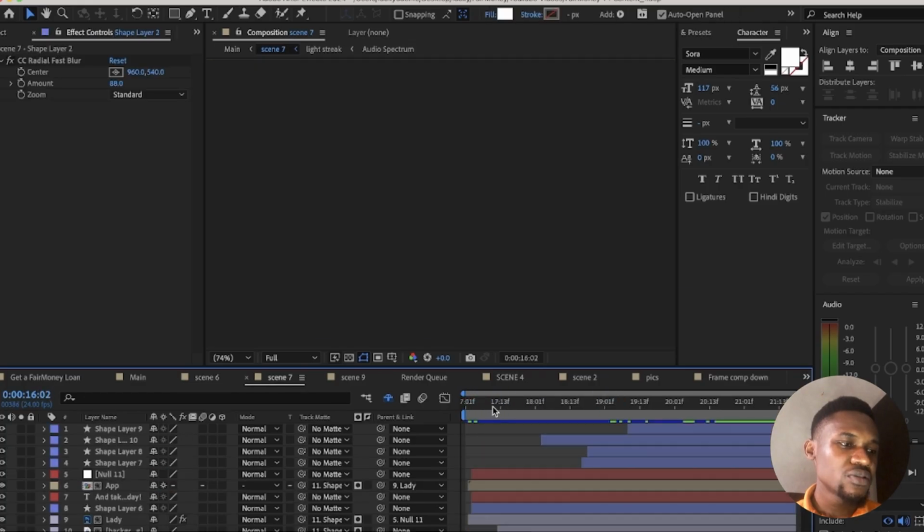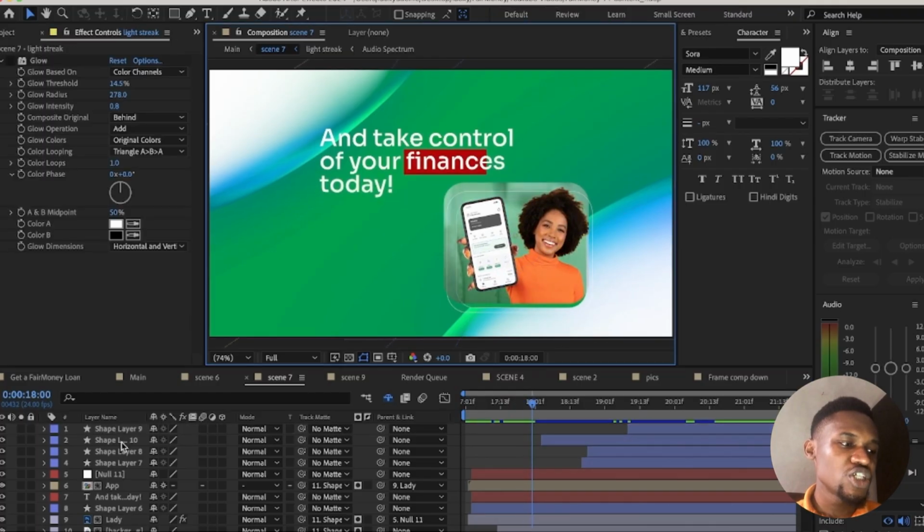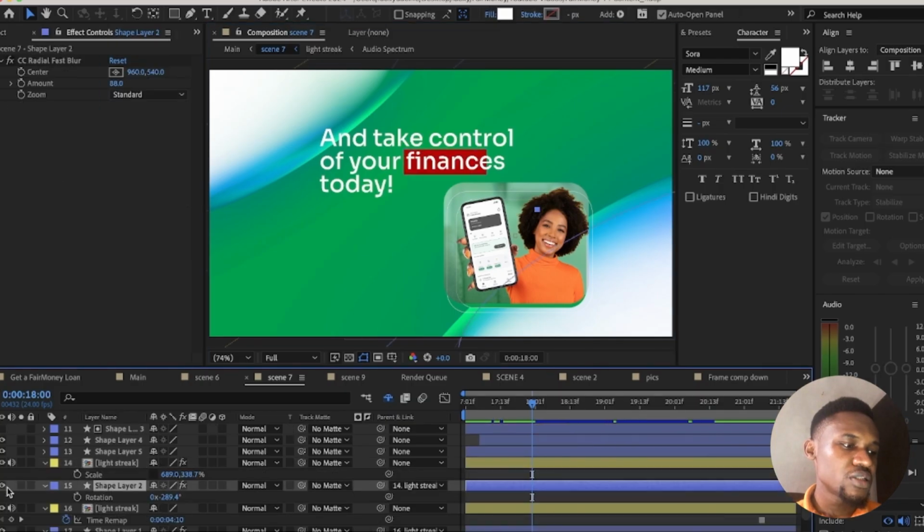Then for scene 7, what we did was this simple. You have this, a shape that was created, this shape. Let me look for this shape. Yeah, this shape was created, and then CC Radial Fast Blur was added to the shape to give it this blurring effect. And what we have next beneath it was the